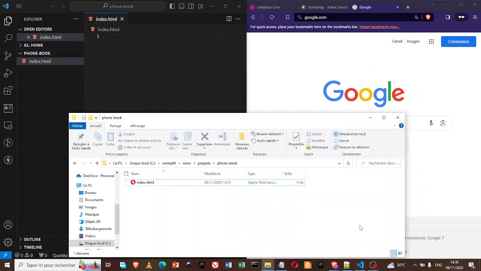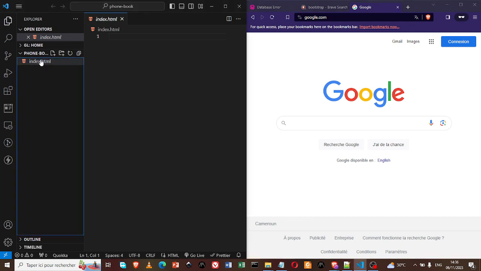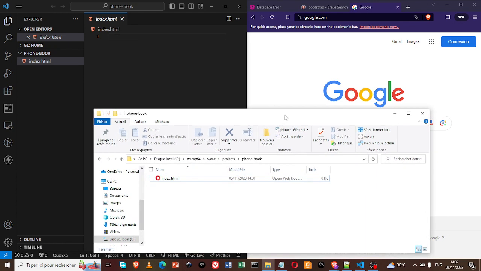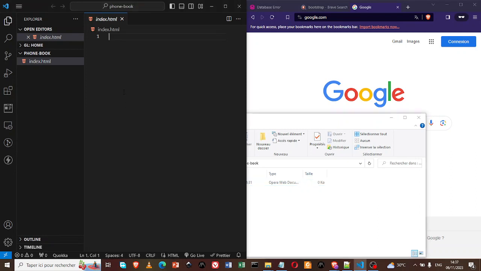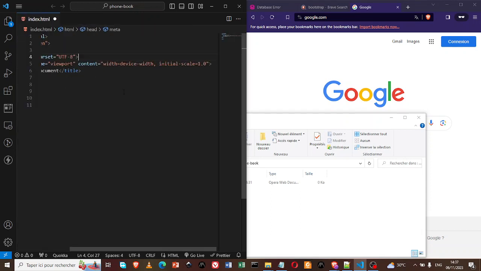Okay, so here we'll start with the building of the user interface of our project. Here we have a blank HTML file which we can find in this folder. Here it is, so blank. We will go straight away to creating our landing page. Here I will just say HTML5, and then I get a boilerplate, so I can actually hide the rest